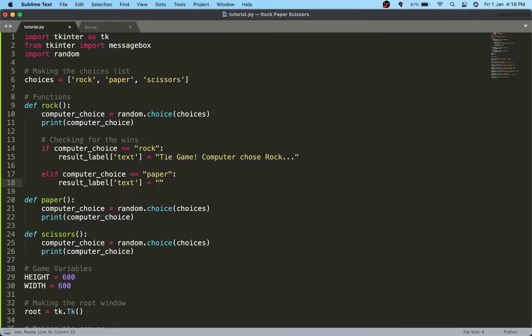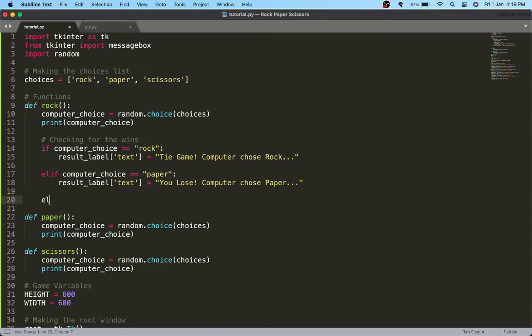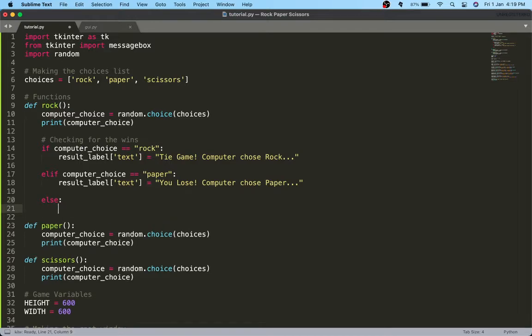So if there's a paper, the paper will basically wrap around the rock. So you basically will lose. So you lose. Computer shows paper. Dot dot dot. And otherwise, well, we have basically won because the computer chose a scissor and the rock will basically squash the scissor. So our result label's text property will be basically set to